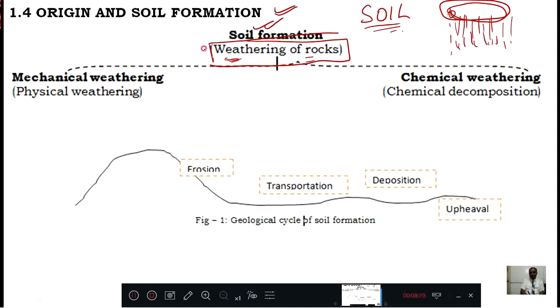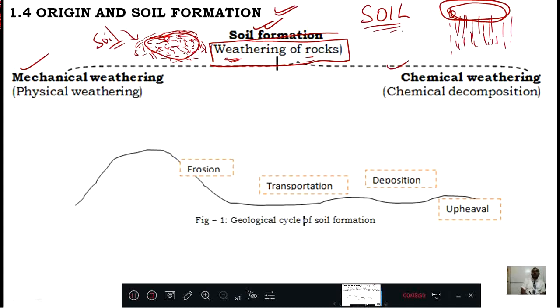Weathering of rock means the rock, because of some actions, might be mechanical actions or chemical actions, the upper part of the rock will disintegrate. It will start to separate and become powder. Then again this part also becomes powder, and this part becomes powder. Like that, the entire earth, because of some actions, becomes disintegrated and sediment material. A small rock it becomes. This part we will call soil.